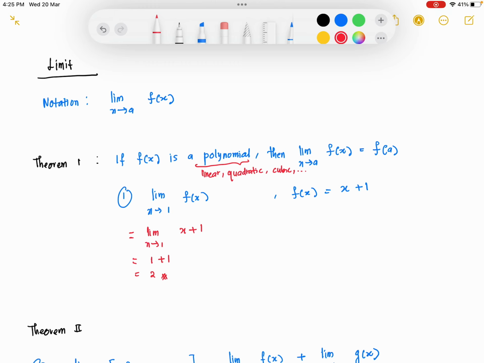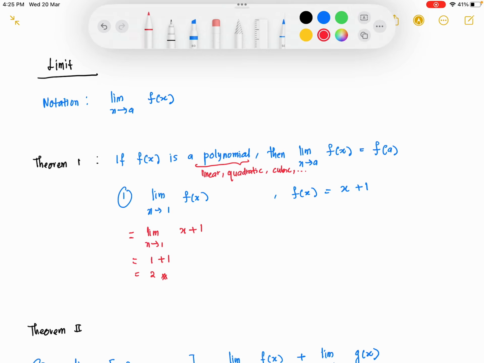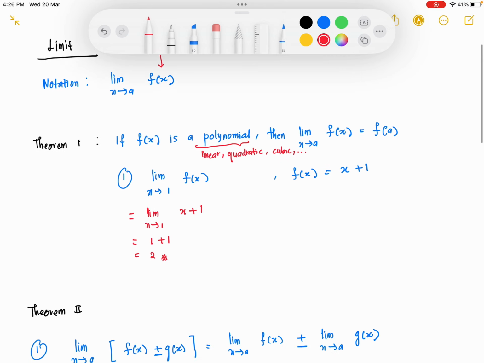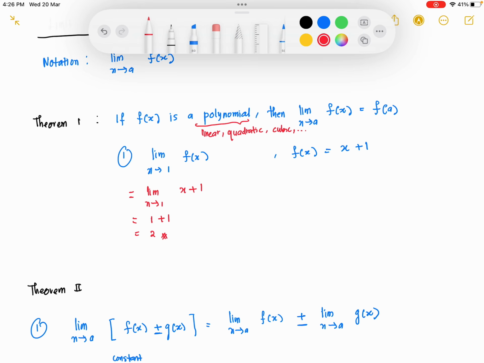So you can see here the notation of limit is limit x approaches a of f(x). f(x) actually refers to any function. So here we have a theorem. Theorem 1: if f(x) is a polynomial, meaning linear, quadratic, cubic, or x to the power of 4 and so on, then the limit as x approaches a of f(x) equals f(a), meaning we just substitute the value of